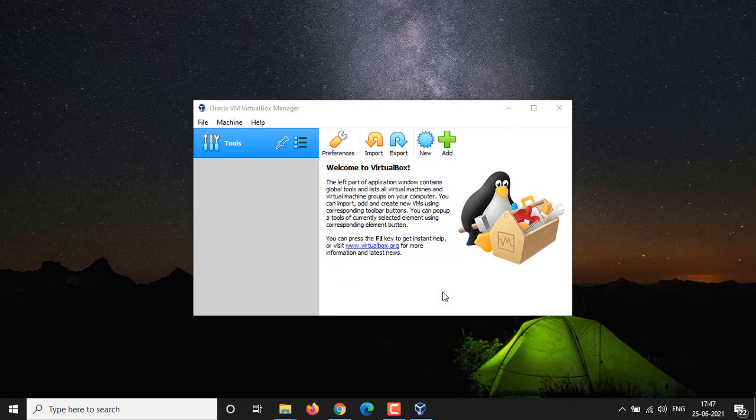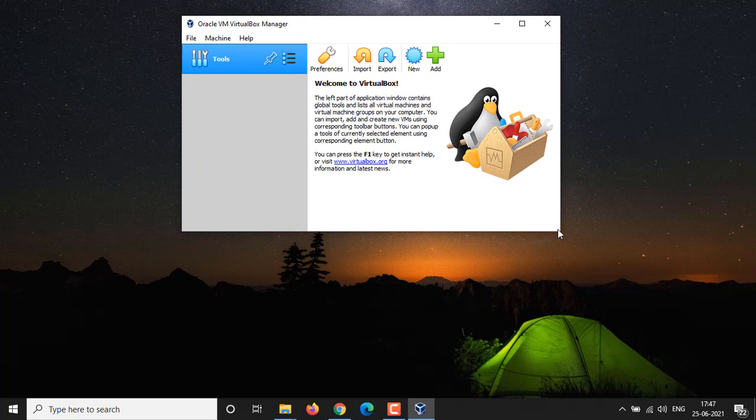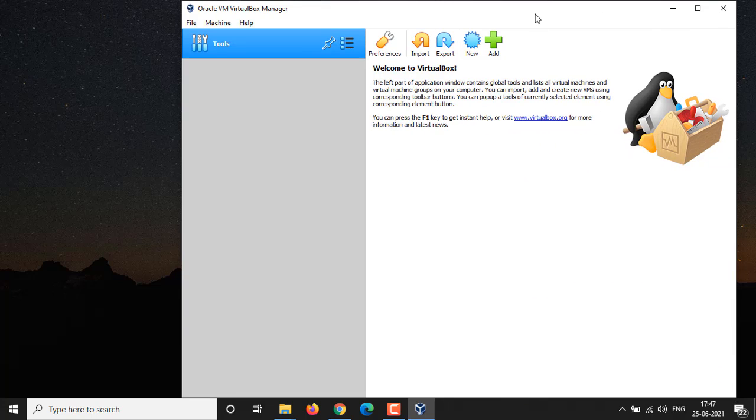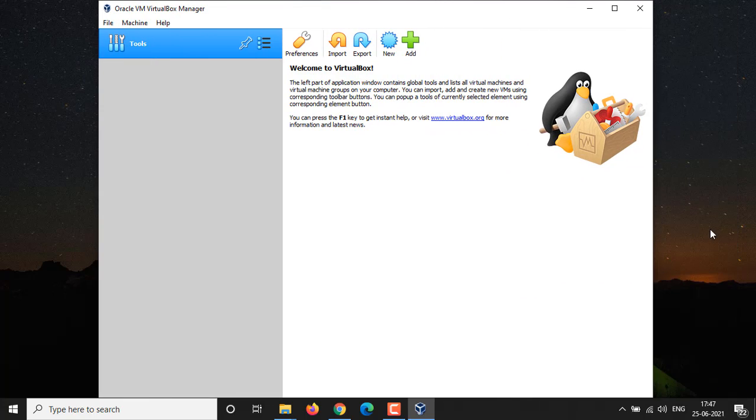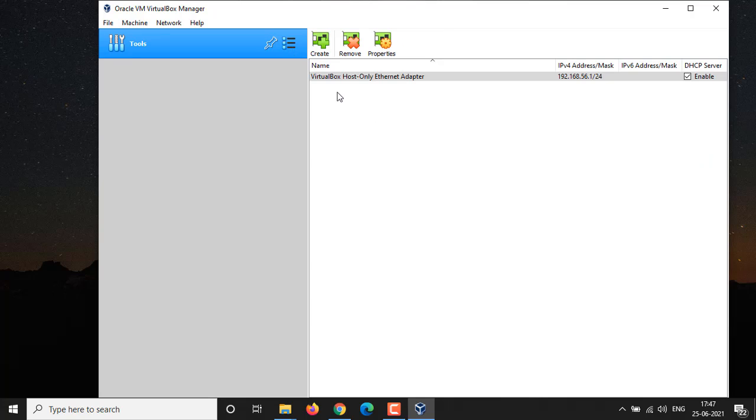Here we go, running VirtualBox now. You can find tools at the welcome screen, and from the network section you could add multiple networks for your virtual environment.